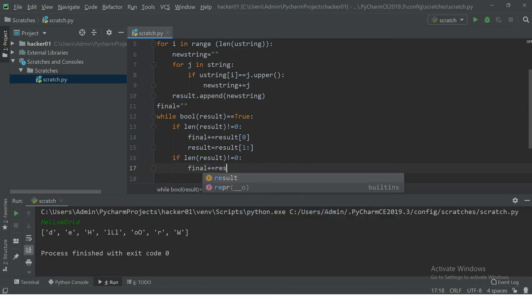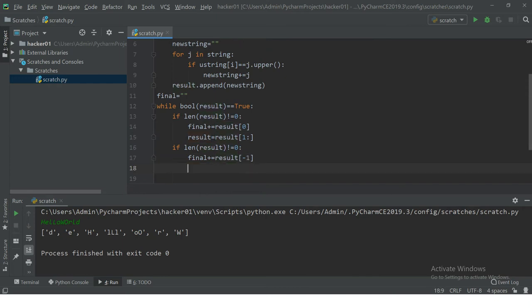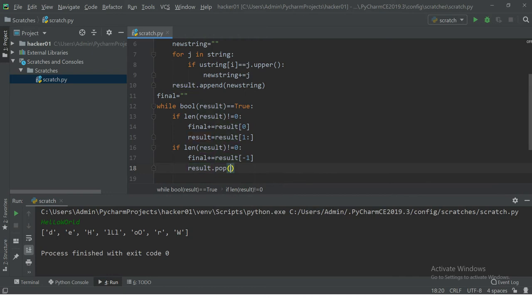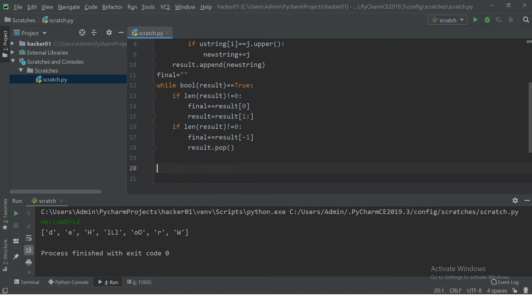So I'll just again get the last element, and now I can use pop as it pops out the last, and I think it should work. And finally we are going to print final.